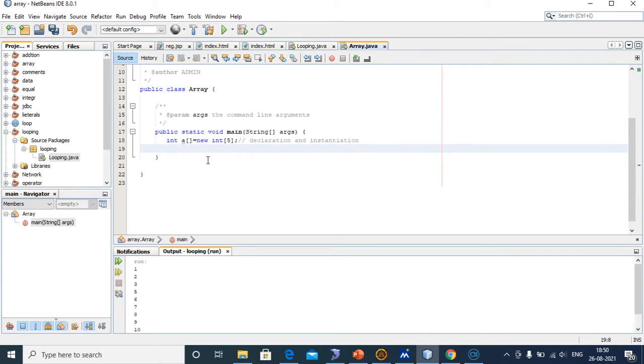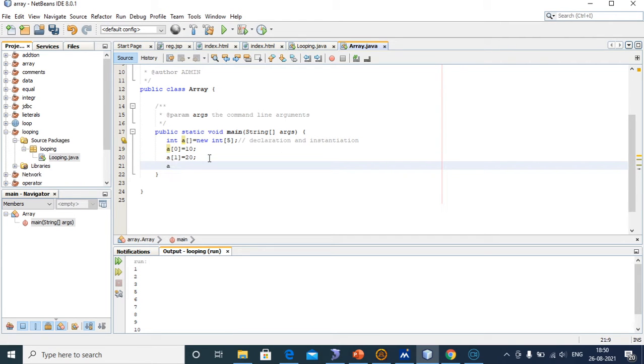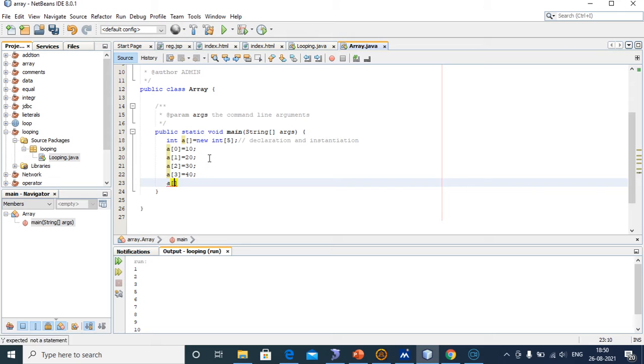Okay, now we have declared and instantiated the array. After that we have to initialize the array. a[0] equal to 10, a[1] equal to 20, a[2] equal to 30, a[3] equal to 40, a[4] equal to 50.